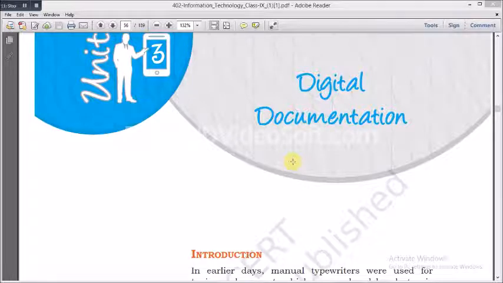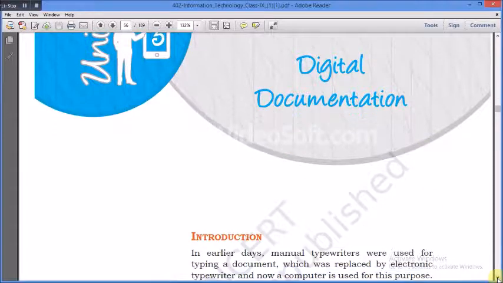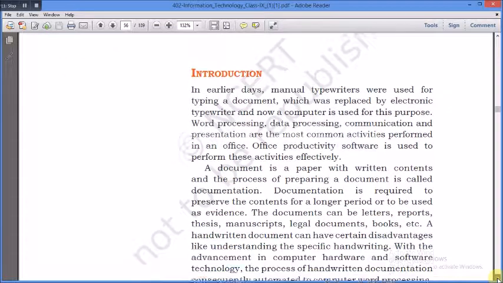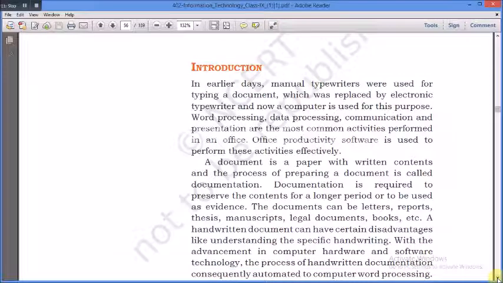So the topic for today is digital documentation. So let's see what they are in digital documentation. In earlier days, manual typewriters were used for typing a document. Nowadays, that has been replaced by the electronic typewriter, or computers are being used for typing. We hardly see any typewriters in our day, but in earlier days the main thing for creating documents